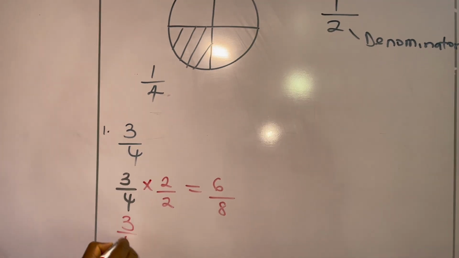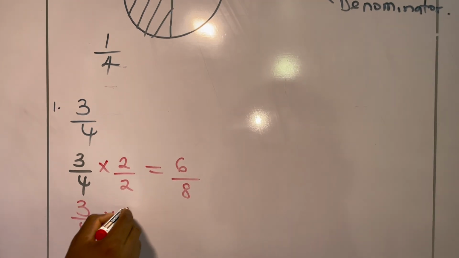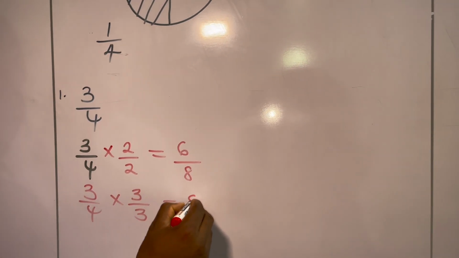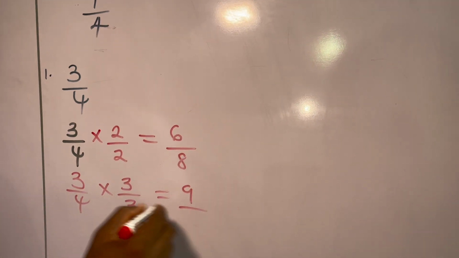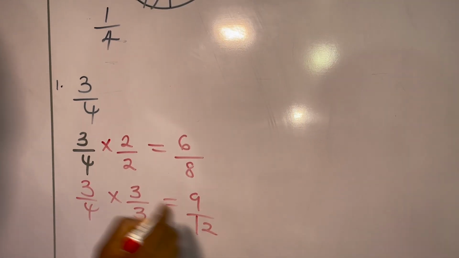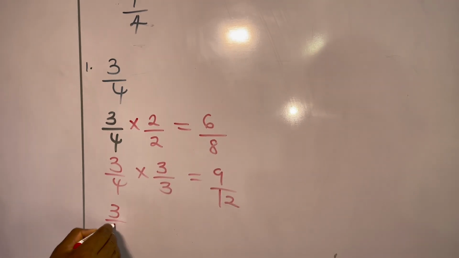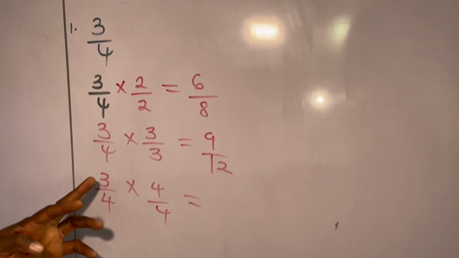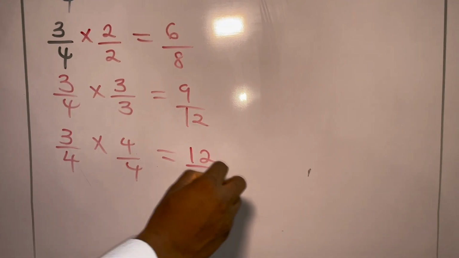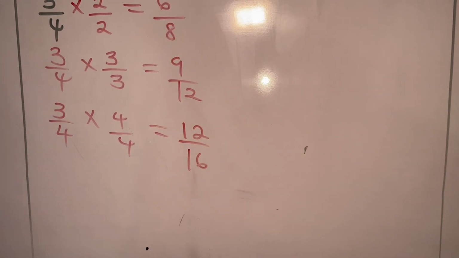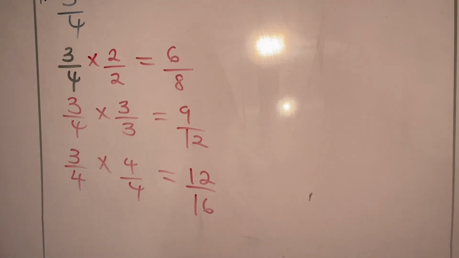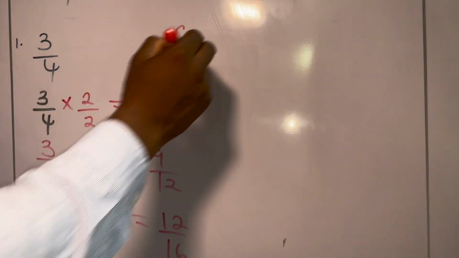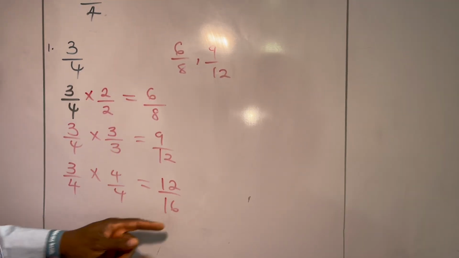Next, the same 3/4 times 3/3. 3 times 3 gives me 9, 4 times 3 gives me 12. Next, 3/4 times 4/4. 3 times 4 gives me 12, 4 times 4 is 16. So the first 3 equivalents of 3/4 are 6/8, 9/12, and